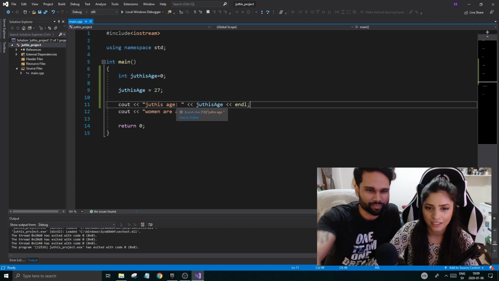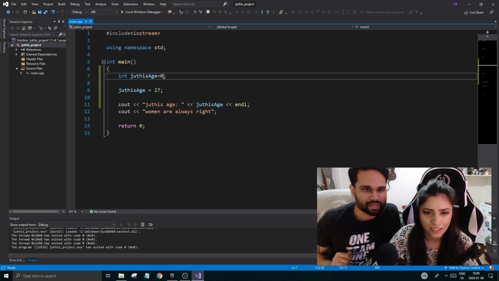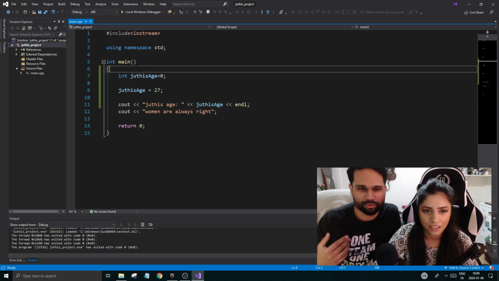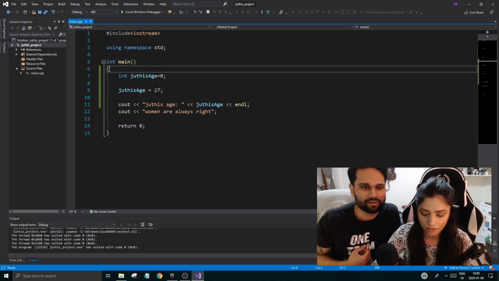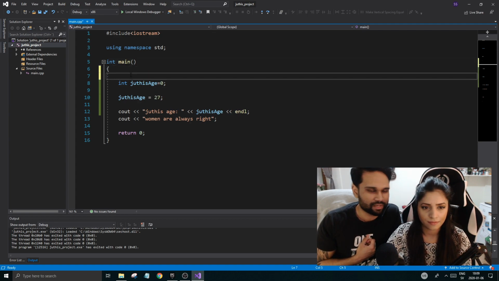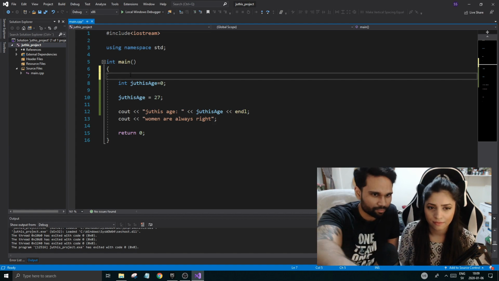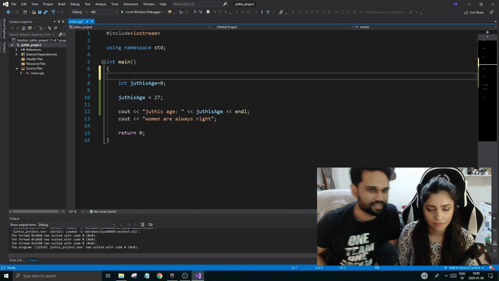But I want you to do something. I want you to go up here, above Jutti's age or even below, doesn't matter. Make an enter here. And I want you to make another box. I want to make a box that holds an integer value and is named,